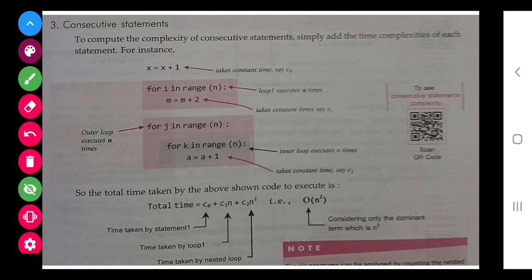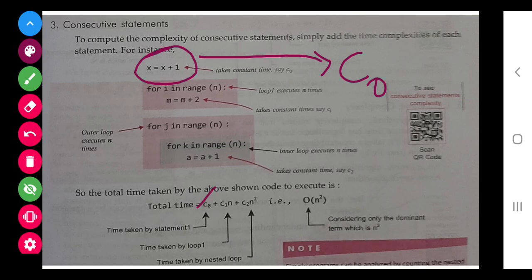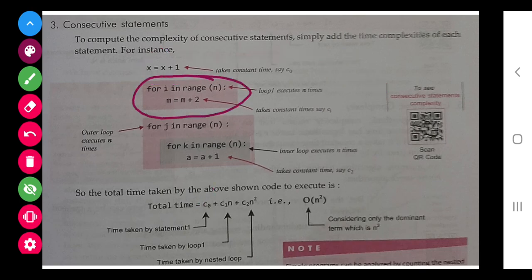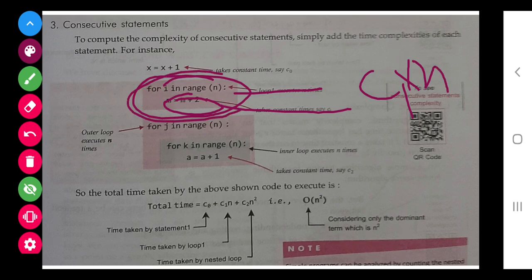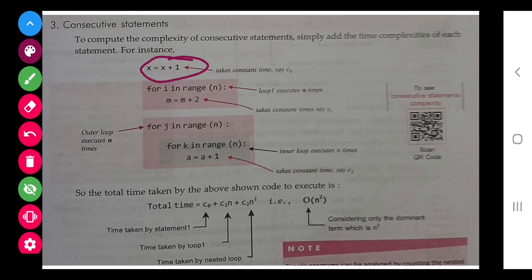Now see this one. In this one, first of all, the time taken by this statement, let it be C0. Now another for loop with n range, and let the time taken by this statement be C1. So C1 into n is the time taken by this part, and C0 is the time taken by the first part.